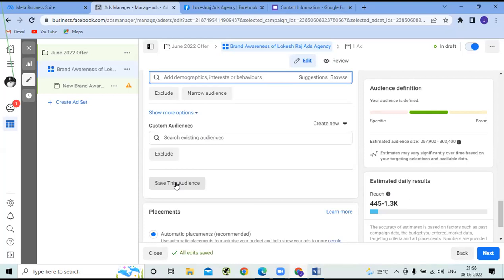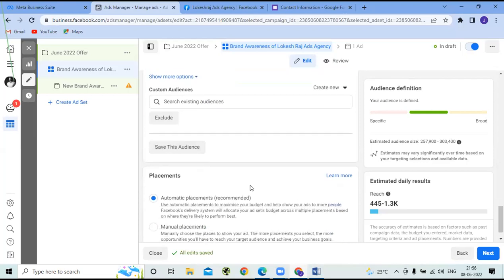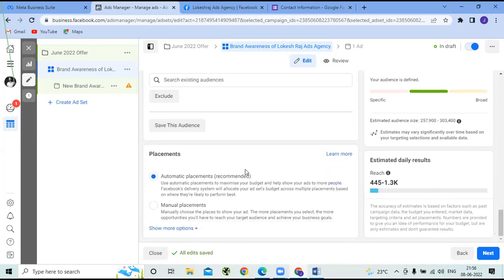क्या आप वहां पे सेव पे क्लिक किया हुआ है? जस्ट अ सेकंड, एक्चुअली मैं थोड़ा सा एडिट कर रहा था। ओके। ठीक है, अभी मेरे को थोड़े से और ऑडियंस ऐड करने होंगे तो मैं बाद में कर लूंगा, अभी मैं कंटिन्यू करता हूं। Do it later. Yes. So click on the save this audience. It will ask you for the name. आप जो कुछ भी नाम देना चाहेंगे लिस्ट के नाम दे के उसको सेव कर सकते हैं।